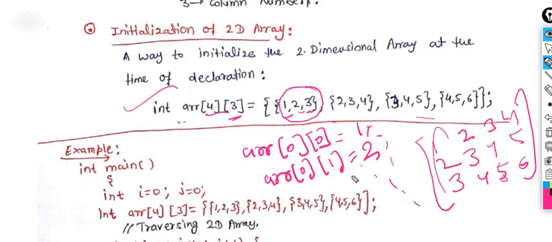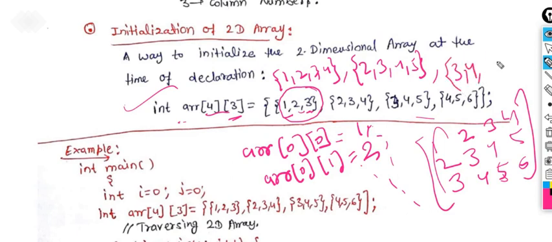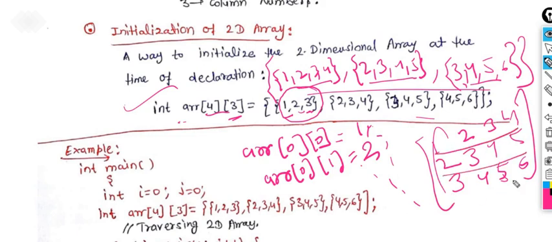If you want to insert row wise, then you can also do that. Taking the same example, let's insert row wise. How can you insert? 1 2 3 4 is the first row, comma, 2 3 4 5 is the second row, 3 4 5 6 is the third row. Within the complete curly braces you can assign the values. How many rows are there is represented by the internal curly braces. So you can assign the values row wise and column wise. How many rows? 1, 2, 3 rows here.